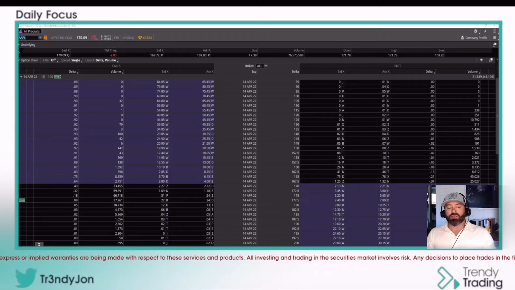So what I want you to do is figure out, in a worst case scenario, what are you willing to lose? For some people, that may be different. It may be 2% of your overall net liquidity. It might be 5% and so forth. You need to understand what that is. And I'm telling you right now, once you get that number, I need you to cut that in half, because the reality is most of you